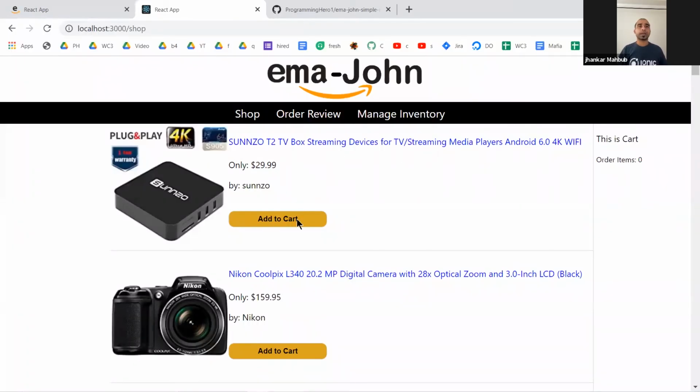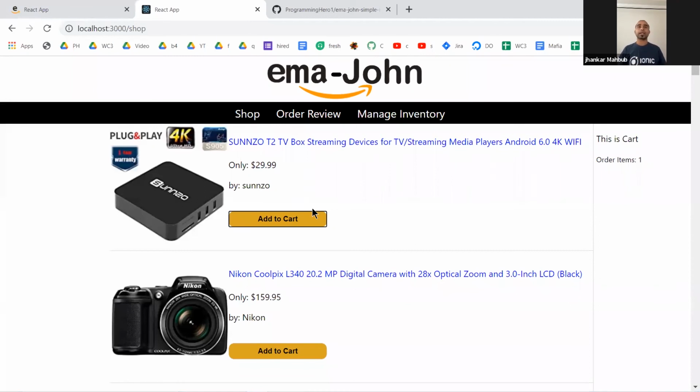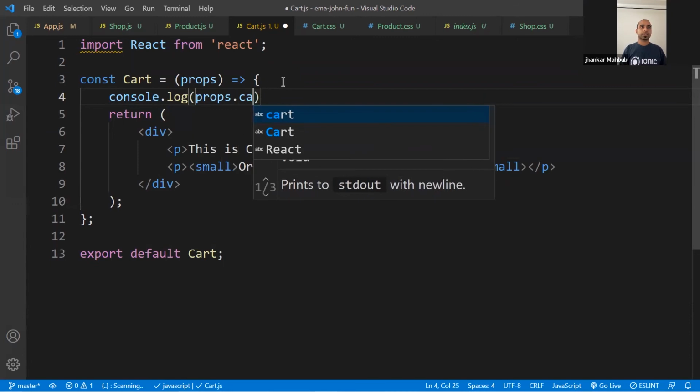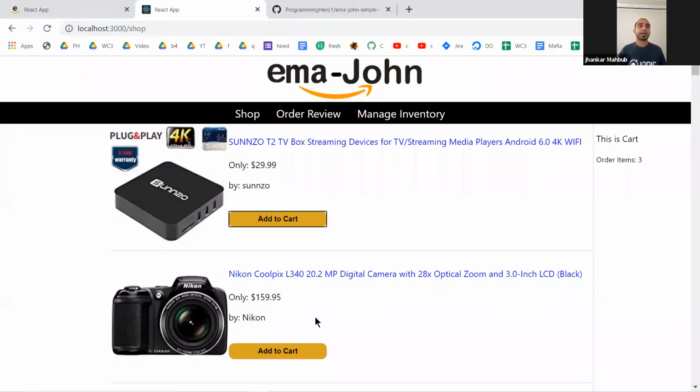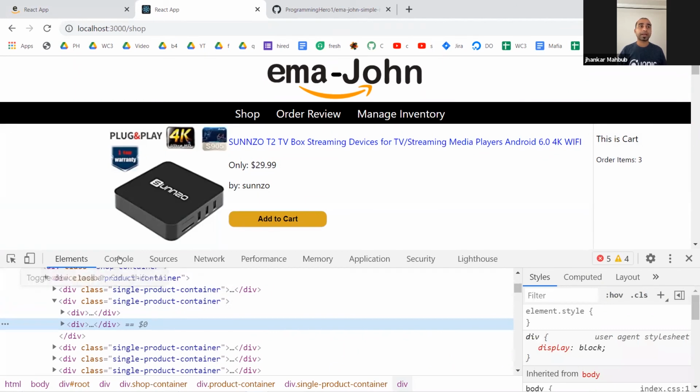We come here. Now, if you click on it, you see this is a different component. Now there are two components. These are all the single products. It goes to the shop and it updates the shopping cart. We'll explain the whole code a little later, and then it adds the item over there. And if you do a console log of props.cart, you'll see the shopping cart gets updated right away. Then data gets loaded here.